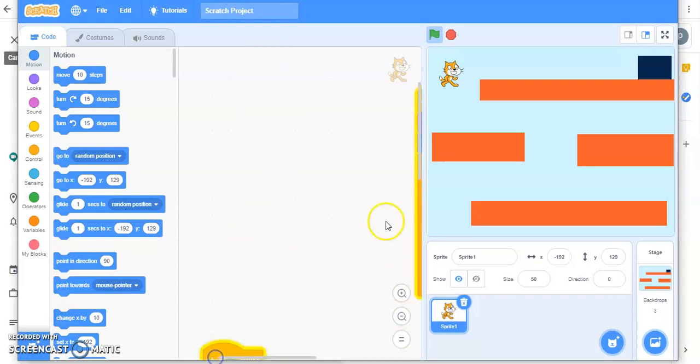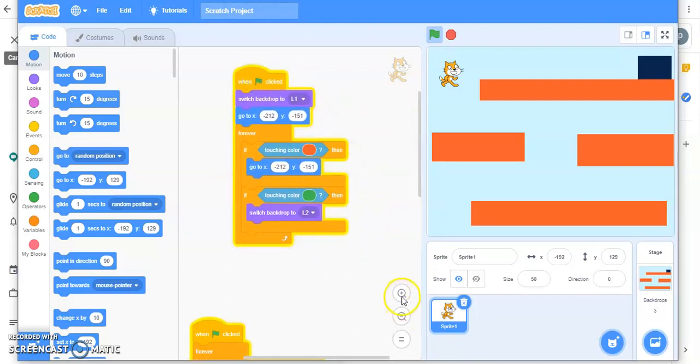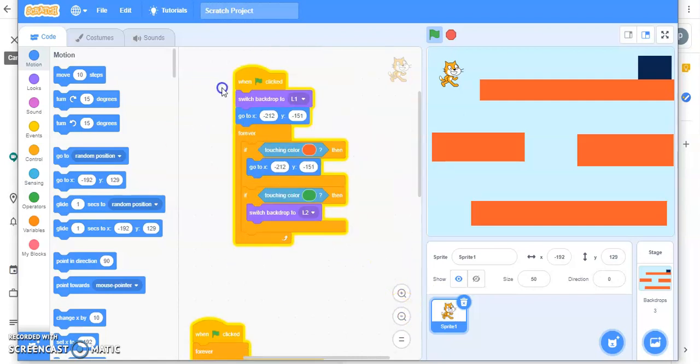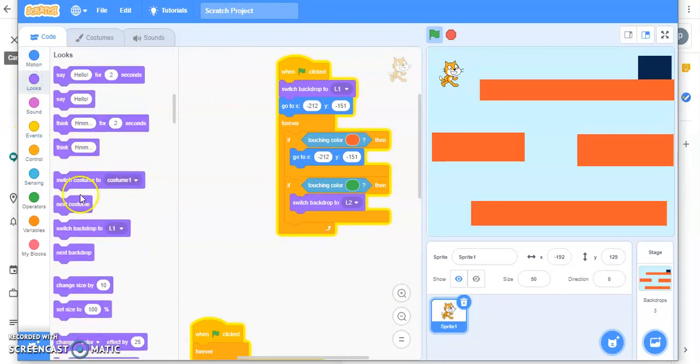And just move it down and then drag this one here. In the previous video you have seen that over here I just have taken a broadcast message, and accordingly I have taken another code. So instead of message I have taken looks, switch backdrop to level 2.